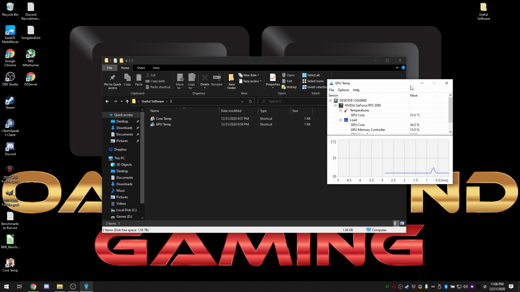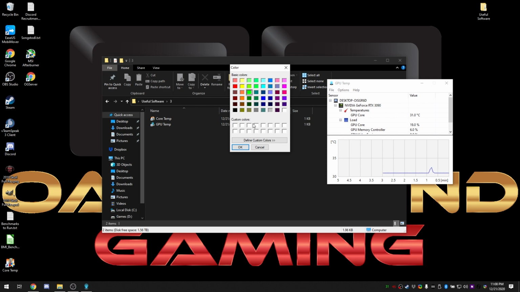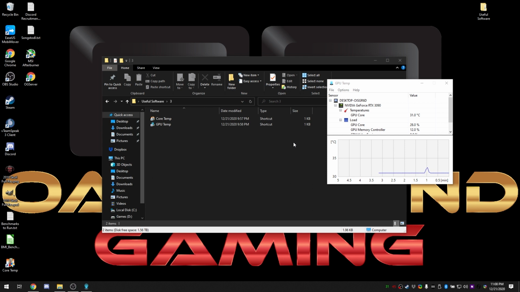And the options might seem minimal, but if we come down here to the temperature and right click, you get change color, which is actually quite important to me. I didn't like the default color, so I changed it to green for NVIDIA. So AMD red, that's processor, GPU green, that's video card. That's how my brain works, and it works for me. Hopefully you come up with your own system, or you steal that if that works for you. But that's it for number 3, GPU temp and core temp.